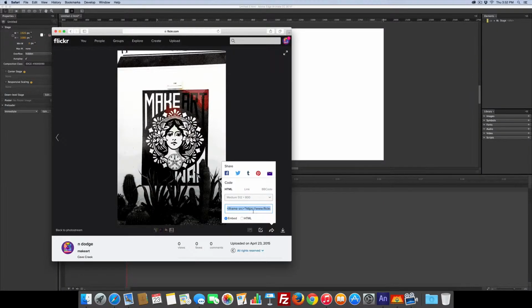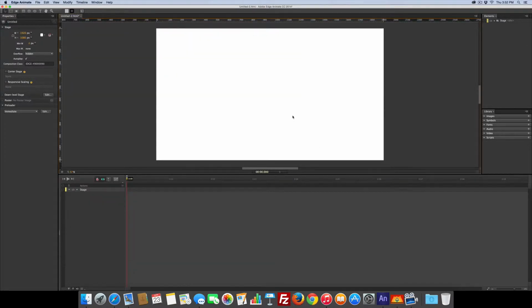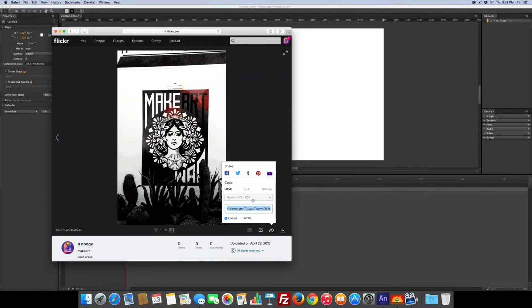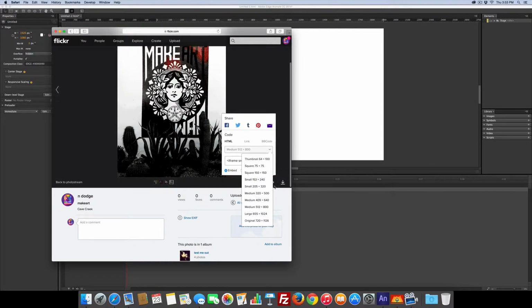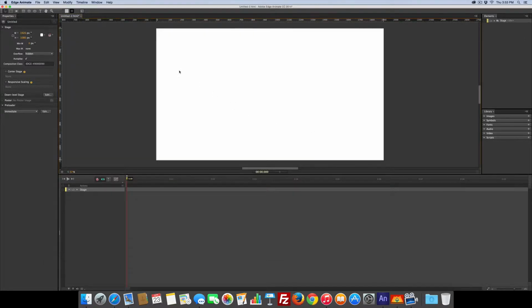You said, but that's only for that picture. But no, wait. Okay, so we'll come over here, and the first thing I'm going to do, I got to go back to Flickr for a second. Notice the size. You can change this size. There's lots of choices down here. So you can change this size all the way up to this particular one, 720 by 1126. But I just picked a nice medium size. So again, like I said, just select it all in there and copy. And come over here